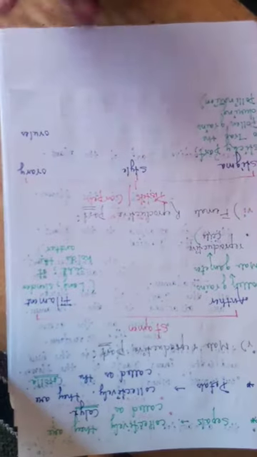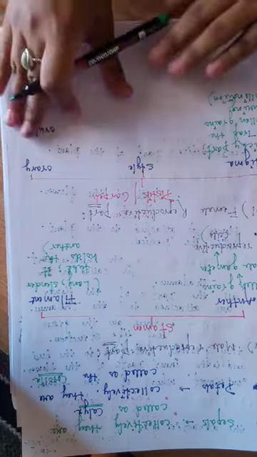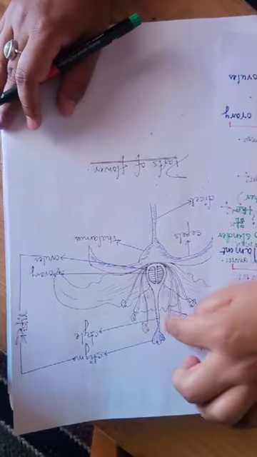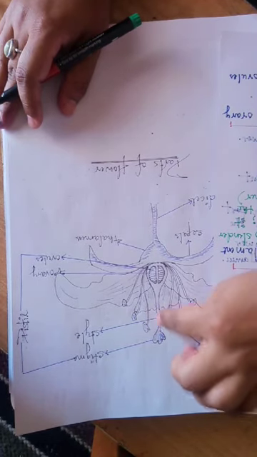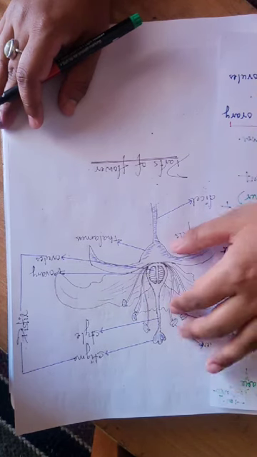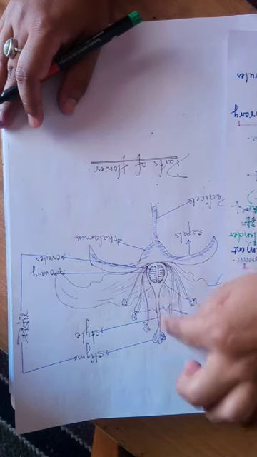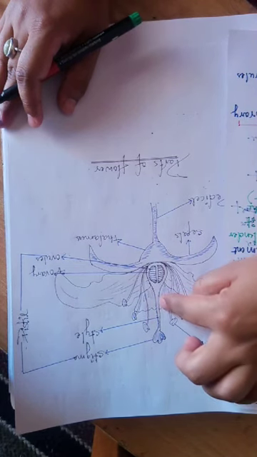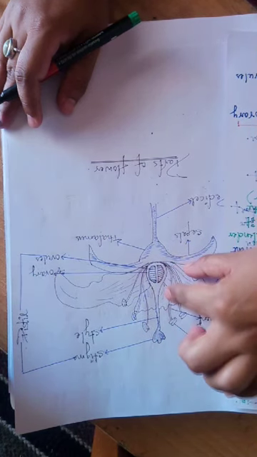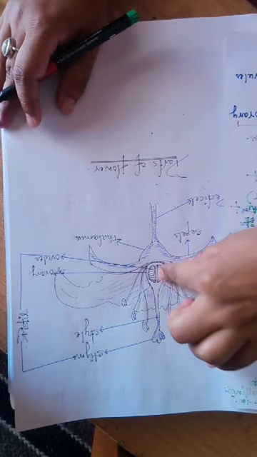So how does this happen? I will be telling you in this video only, but later on. So now the style, let me show you. It is just a long, slender thread-like middle part. It does nothing but provide a pathway for the pollen grains to travel all the way from the stigma down towards the ovary.